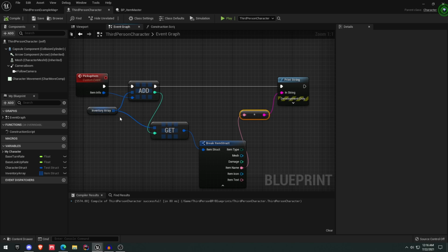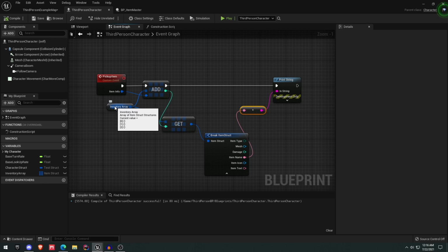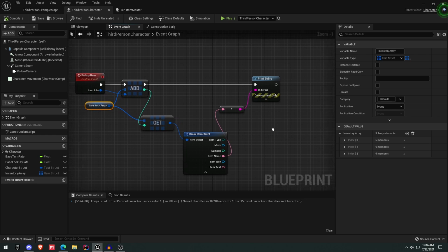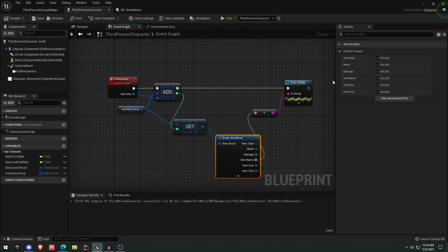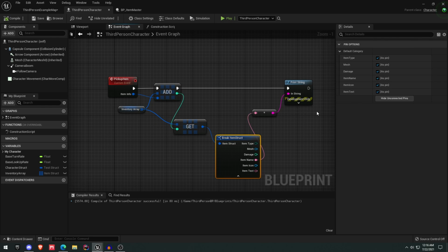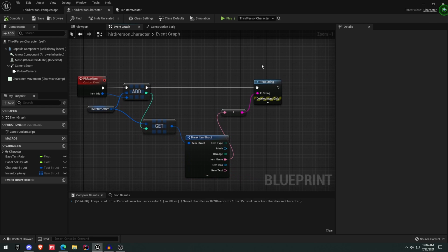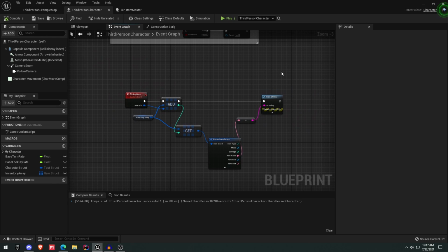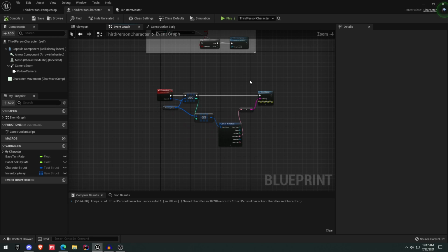So arrays are very useful for storing data such as variables of different types. And structures are very useful for having multiple different variables. That way you can store them in arrays. So basically these are like the fundamentals of storing data inside your game in Unreal Engine. And when you guys are creating your games, you're actually going to be using this a lot. Alright, so this is great and all, but what we actually want to do next is we want to